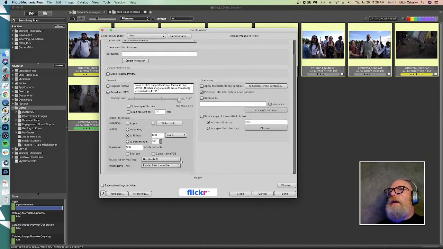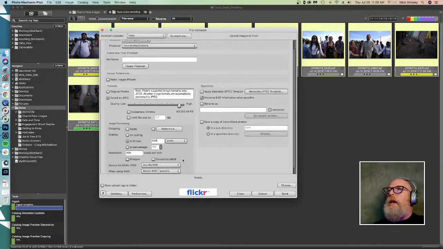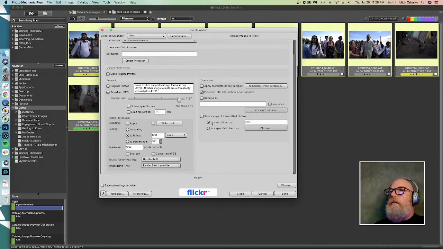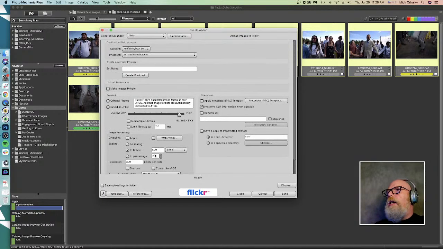This is one thing that used to get me a lot. I worked for magazines shooting concerts, and every outlet would have different requirements for the format they wanted or the file name. This was before I discovered Photomechanic. As you see down here, we have the lightning bolt, and I can create different templates for different outlets. So if I had one outlet that wanted 800 pixel JPEGs, I could do that. Or for example, let's say I was using an FTP site,